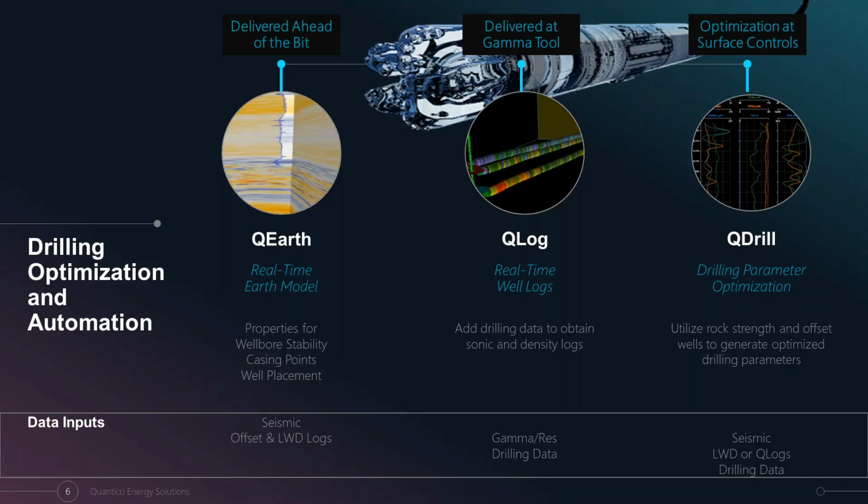And once you reach the gamma sub, you can take the gamma LWD log, add the drilling dynamics like your torque, weight on bit, RPM, etc. And we have a patented service that's around how to use that suite of information to generate high accuracy synthetic sonic and density logs. The advantage of this is it takes into account the new data that you have when you hit that rock, which is your gamma and your drilling data, which is much closer to the bit than